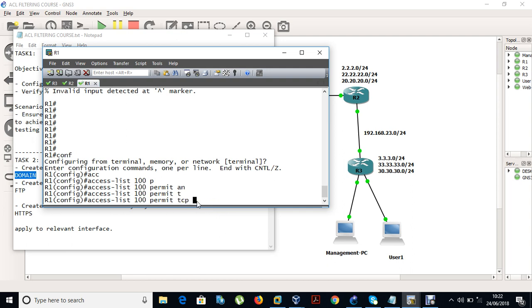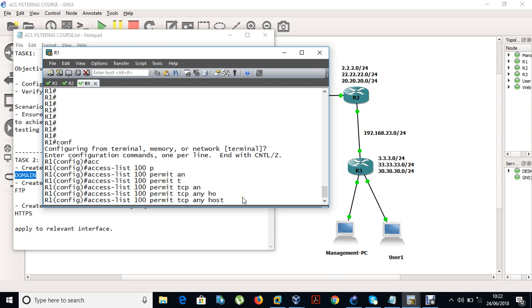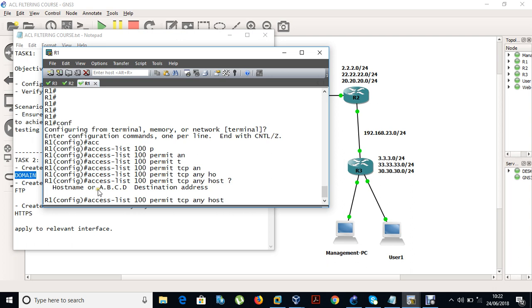So this one will be TCP, and we'll configure UDP as well. Access list 100 permit TCP any host, and then we have to say the destination IP address of the server, which is